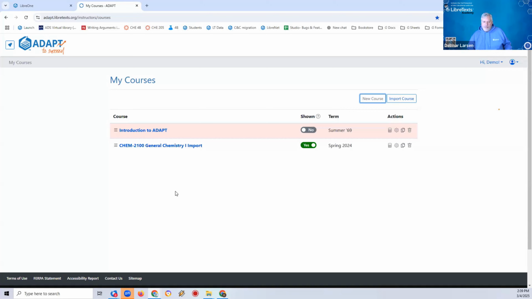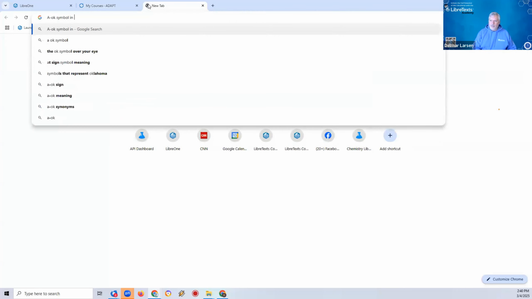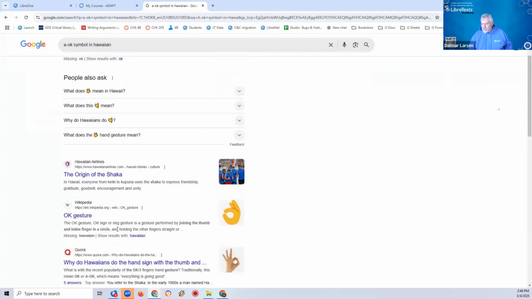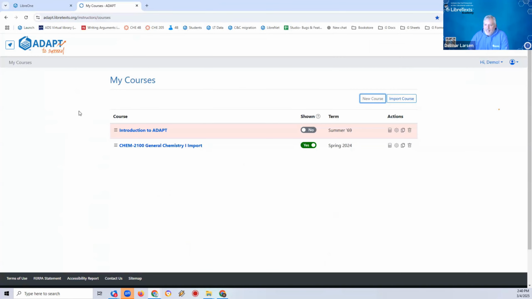And then feel free to give me a thumbs up. Ashlyn, that's a Hawaiian symbol originally, right? That's the A-OK, but they have a certain name for that term. I don't know what that hand signal is. Does anyone know what it is? I actually do not know. Shaka. Oh no, okay, I'm wrong. I was thinking Shaka, and really there may not be a name for this thing. The OK gesture. Okay, I'll leave it with that. I'm sure the Shaka is on there too, if you look closely.